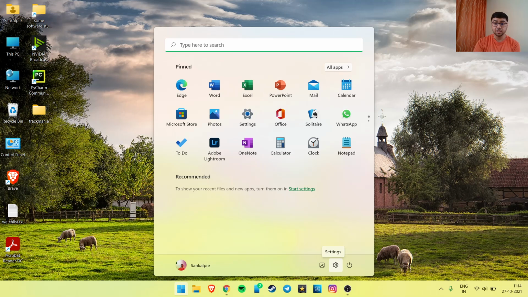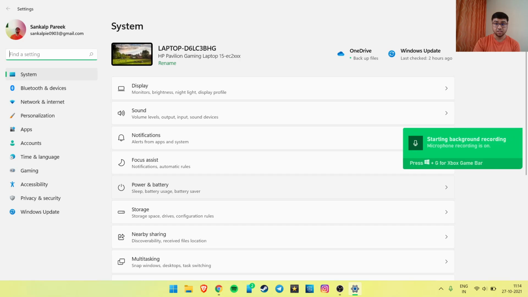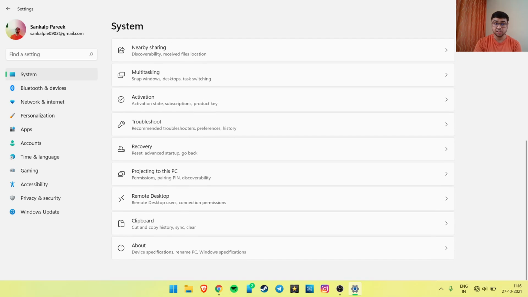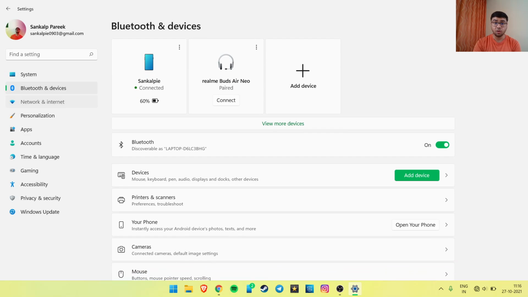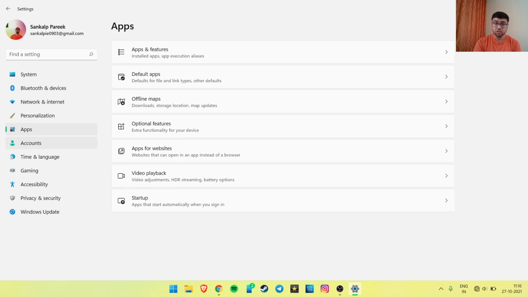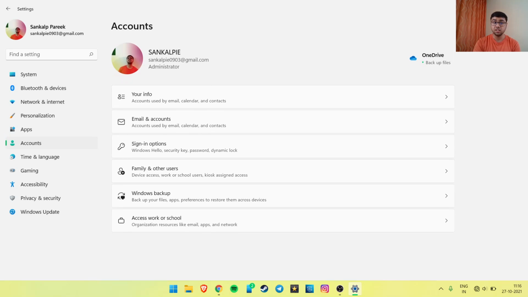Now let's go to the settings where most of the changes have taken place. I think that the settings app is now much easier to use and is very neat because it has got newer icons and separate categories for different settings. And overall there are many small appearance changes. I can run you through all these menus, but they just do the same thing but look a little different than Windows 10.